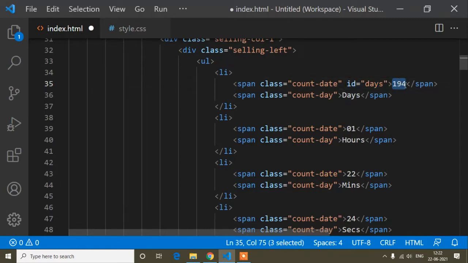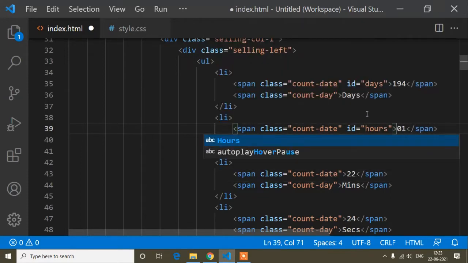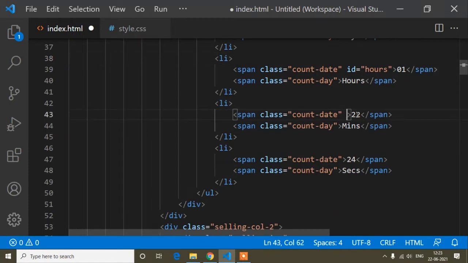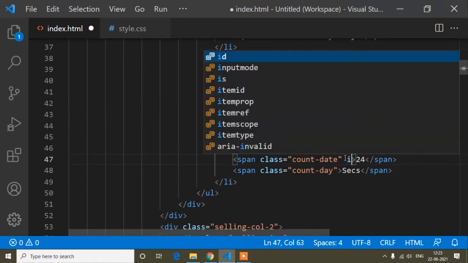So the static value will not be needed. I will display the value in this ID by my functionality. Now here I will write another ID, that is hours, and this one is for minutes, so I will write the ID as minutes, and this one is for seconds, so I will write the ID as seconds.